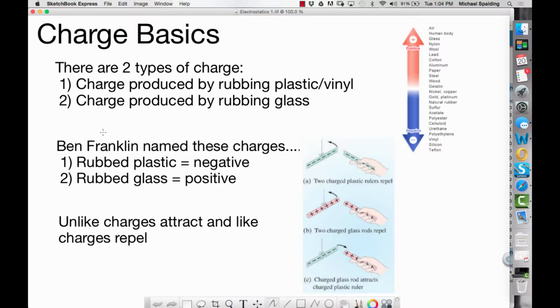All right, the basics of charge. So the history of charge. Charges break down into one of two categories. You have charge that's produced by rubbing plastic or vinyl. So over here,